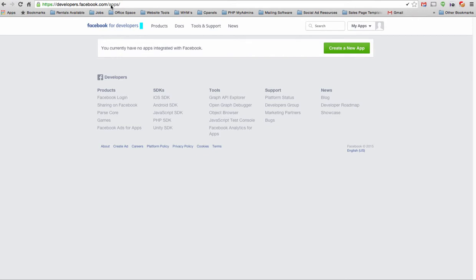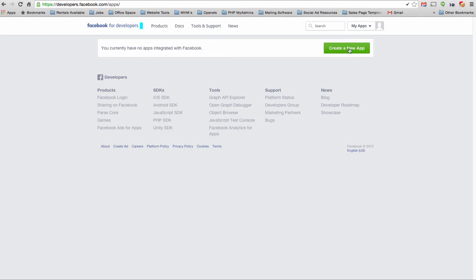Now, if you've never created a Facebook app before, again, it's a super simple process, and your screen might look a little bit different than mine does. So if that's the case, then you're going to have to create your developer account, and you just simply follow the instructions for doing so. It might ask you to verify your identity in different ways, but you need to create your developer account. Once you've done that, you'll see a screen that looks like this,